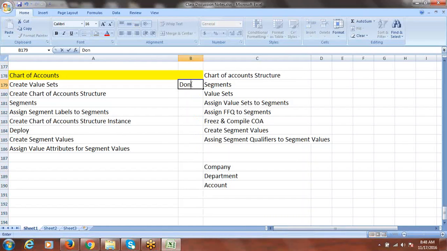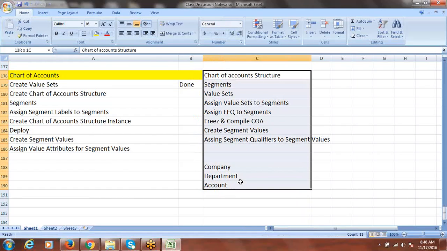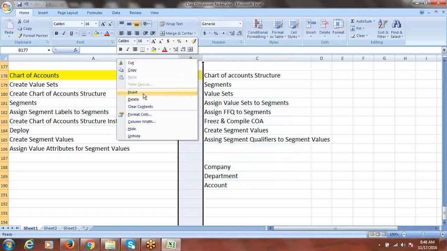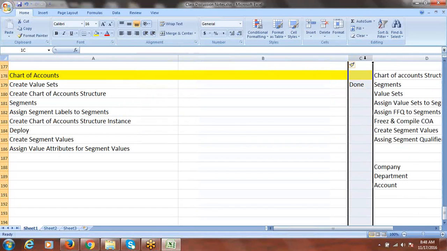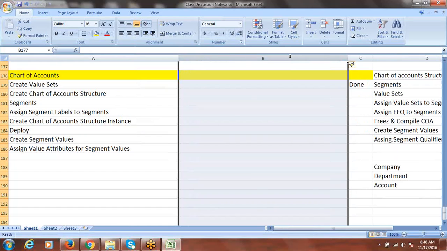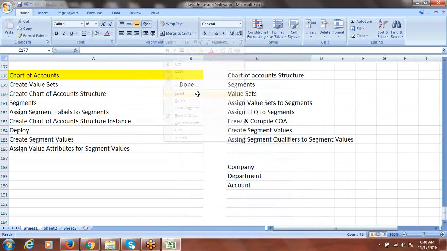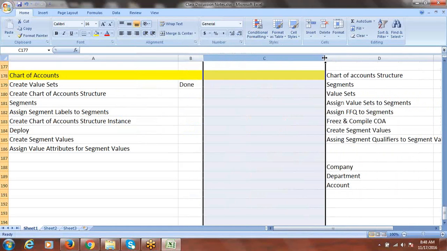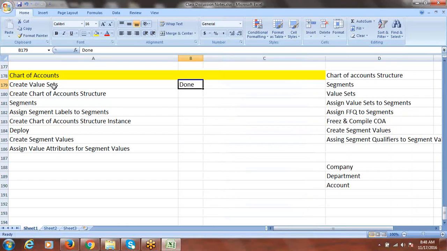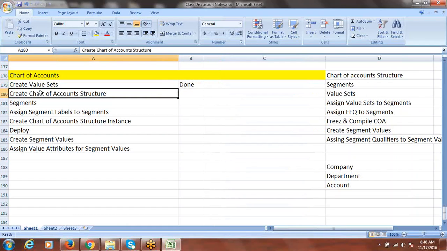So it's completed, done. Just to keep some space, I'm adding this. Okay, done. We created a value set. Now what we'll do is we'll go and create the chart of account structure. Say create chart of account structure.